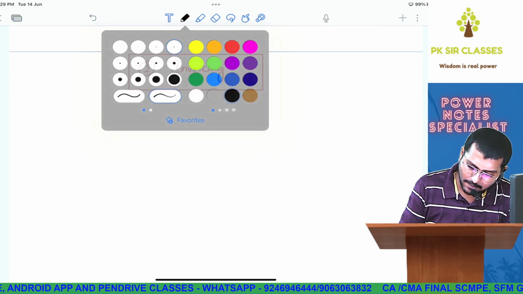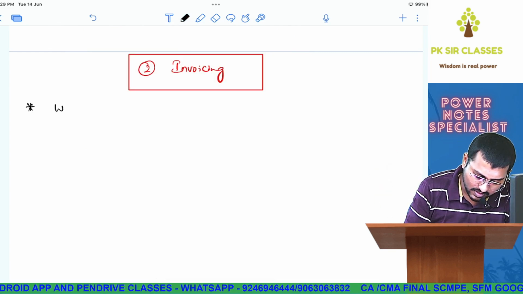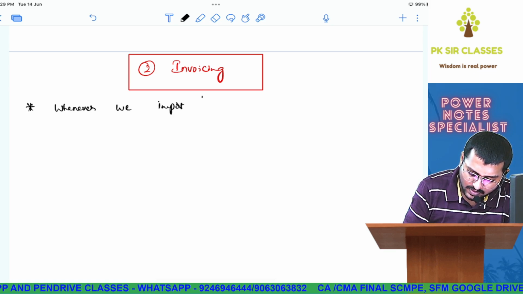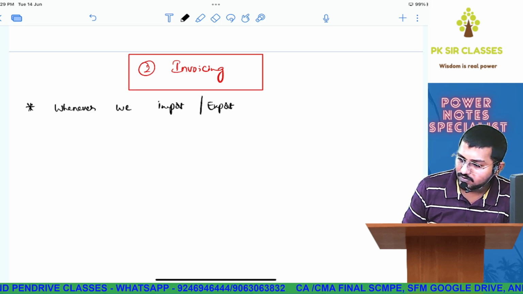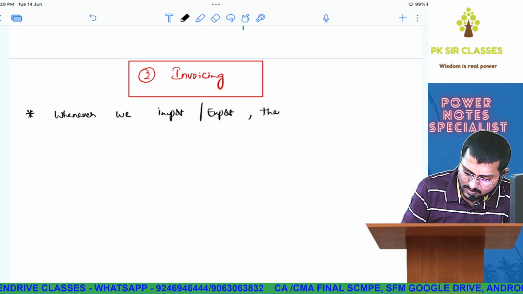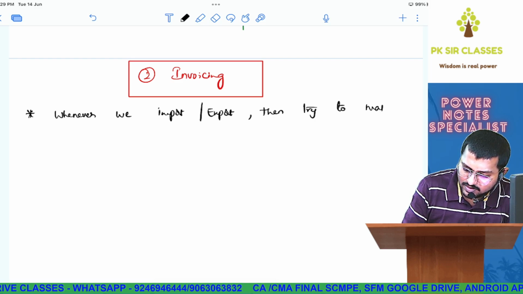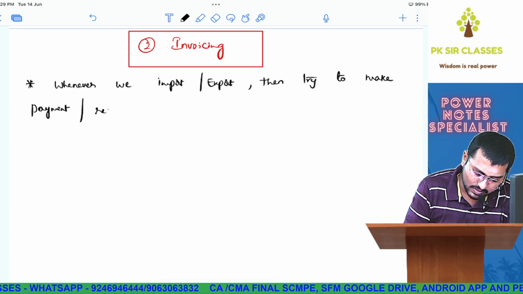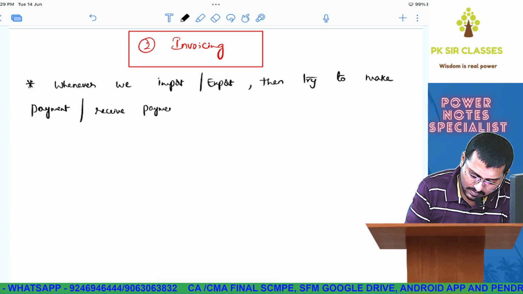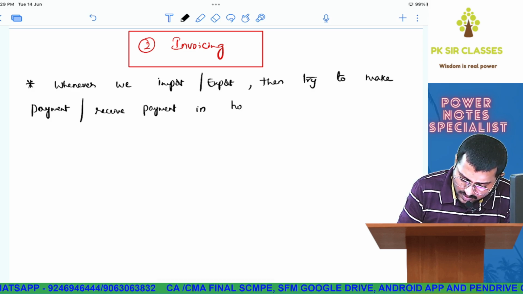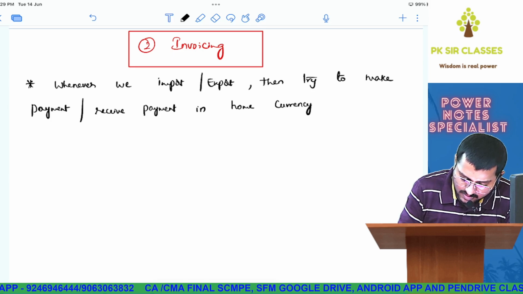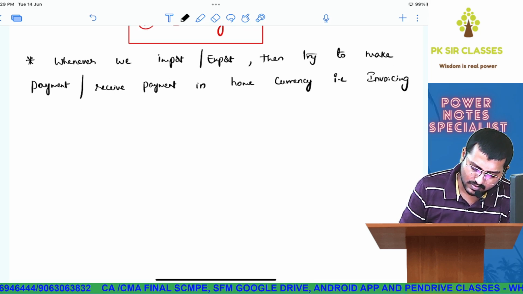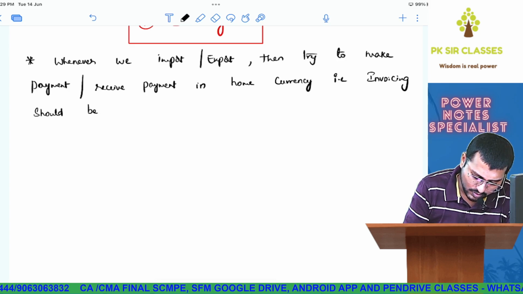So let's do this. Ready? Everybody, whenever we import or export, to make payment, what does it mean? Invoicing should be done in